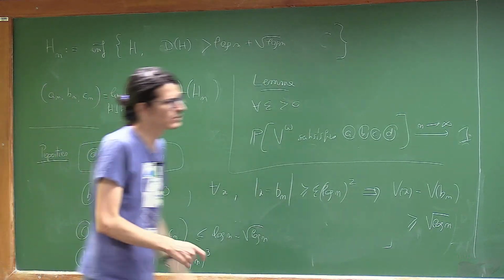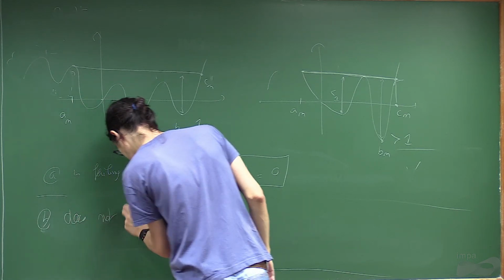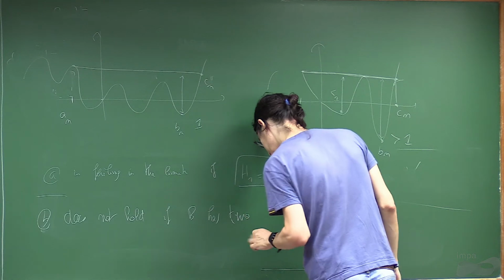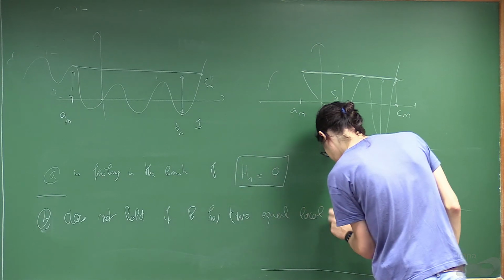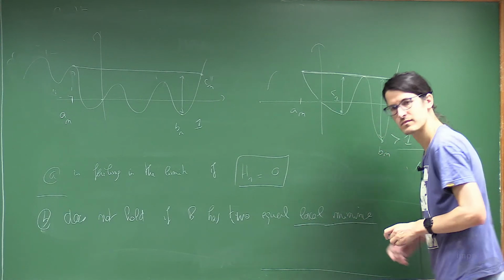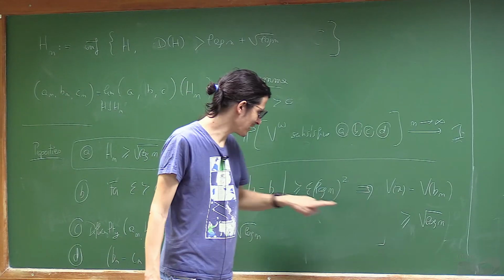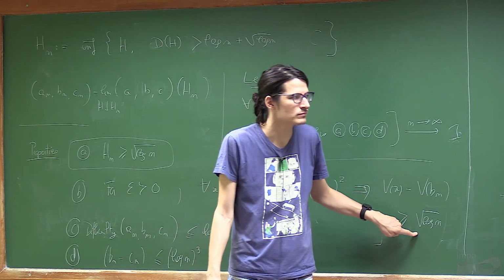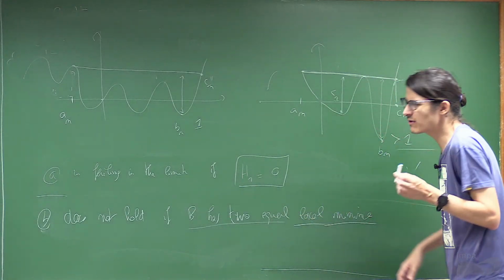B, okay, for B not to hold, B has to have two equal local minima. Okay? Because basically, you need a point which is at a macroscopic distance from B, where the potential is in the limit the same. But basically, you already know that this has probability 0, and the reason is basically